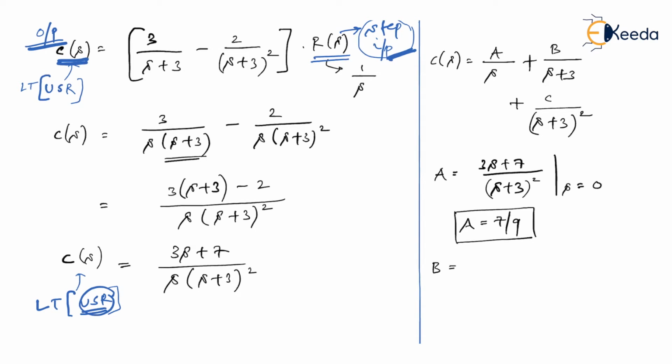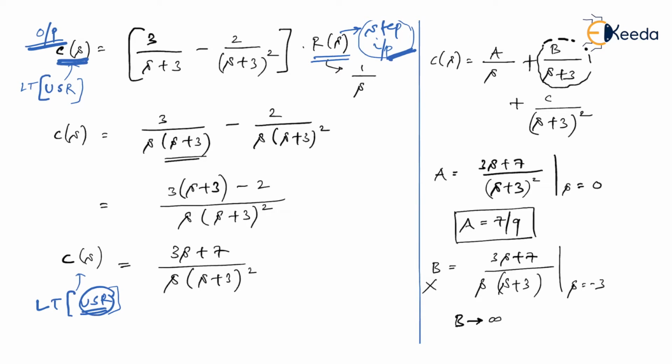Similarly, the B value is calculated like this. How do I do this? Very simple. See, it is B divided by (s plus 3). Then remove the (s plus 3) term from here and write the rest of the expression for C(s), that is (3s plus 7) whole divided by (s plus 3) into s, where s value equal to minus 3. But then you will see that if you substitute this way, you will get B value as infinity. Am I right? Then this traditional approach is not working here.